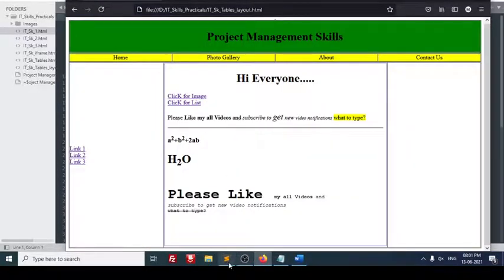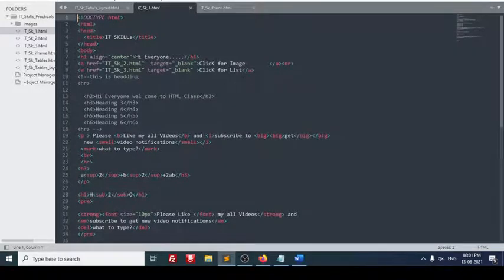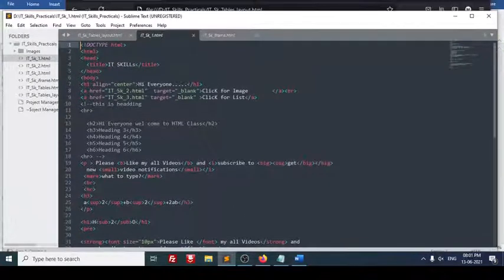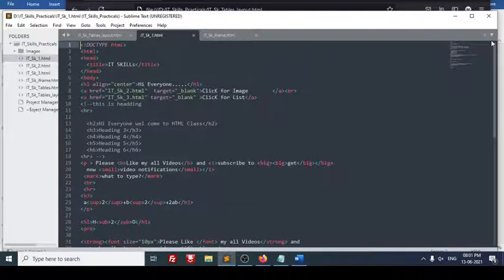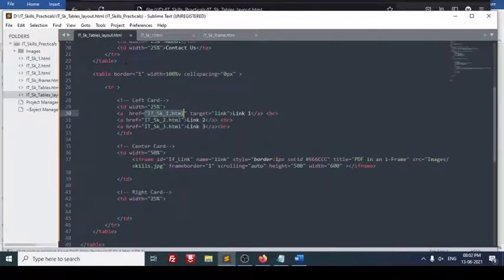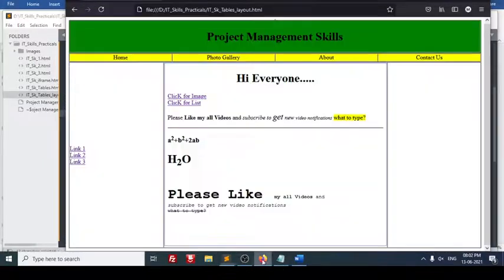Here it has "hi everyone". So in front of hi everyone, I am changing itskills1. This page I am changing. Correct? So what I will change here now is, where is my hi everyone title head? Yeah. Okay, I will make it "this is Dinesh". See, this I am doing in itskills1, not in layout. Actually I am running the layout page, but here I will just refresh it. See, this is coming. Correct?